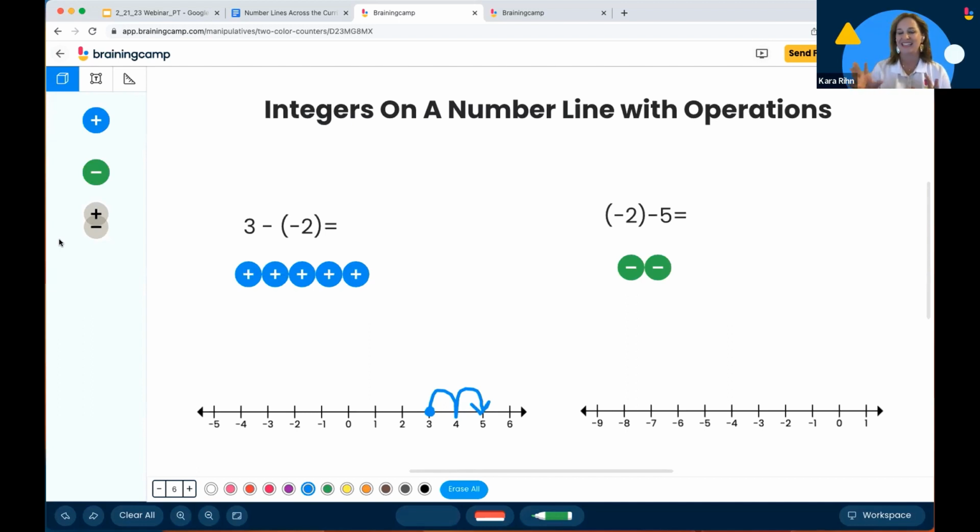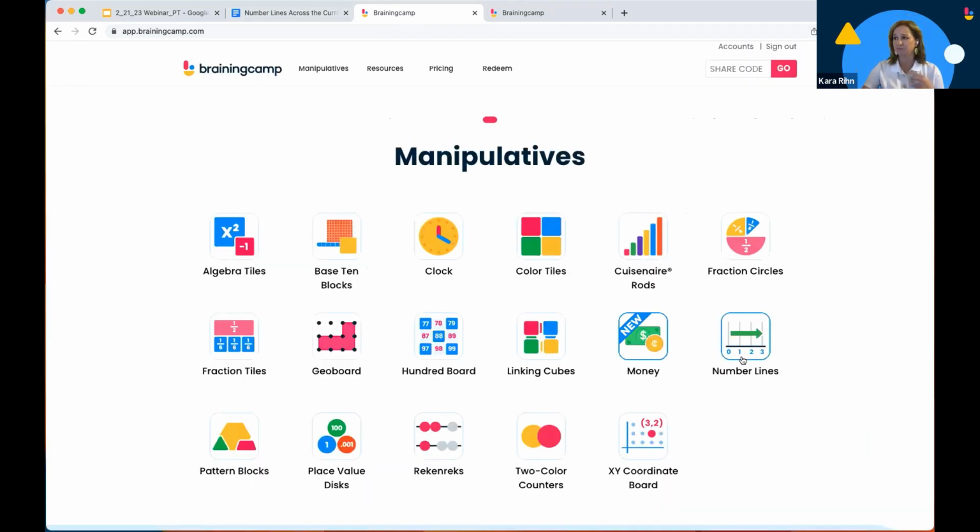So again, this is really important to show, not only with the integer chips, but also with the number line. Again, we can link this to everything that they know. And it's just a really cool, well, I think it's a very cool way to constantly be bringing in something that they're familiar with. The very last thing I want to show you, because we are running out of time,